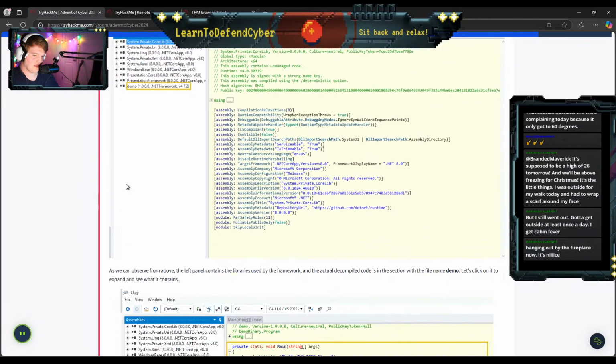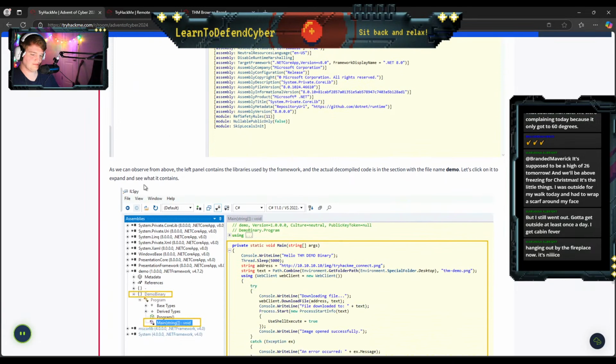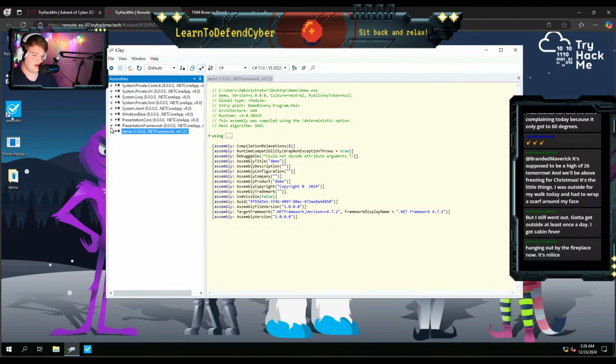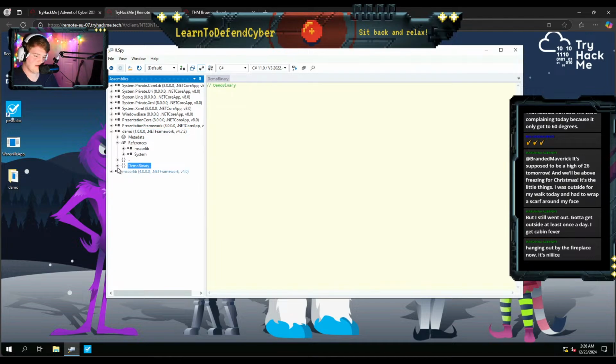Where were we? We were here. As we can observe from the left panel, it contains libraries used by the framework. Yep, if we expand this using this little plus button over here, we get references. We have the demo binary.